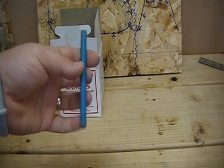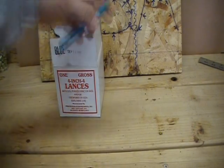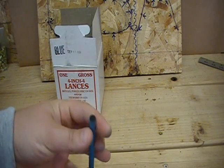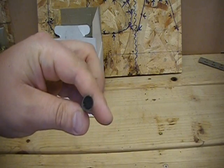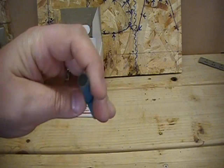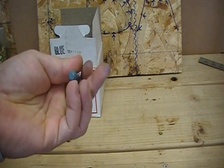And it's just a small one. This is a blue one. I got red. I'm doing red, white, and blue. This is a small one, and you can see there's just a little bit of black powder on the end there to help light it, and that's the end that we're going to stick into the